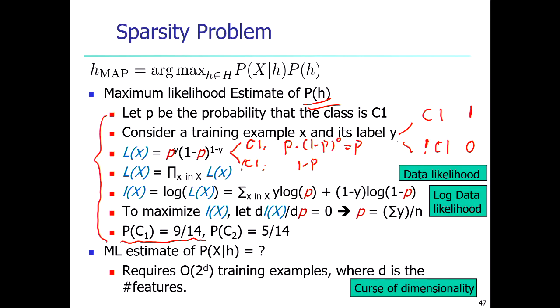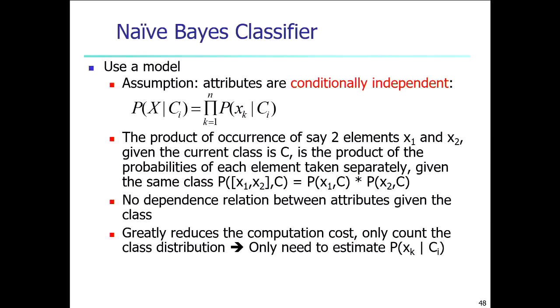That's why we made a very strong and important assumption to make the whole problem much easier. So we assume that the attributes are conditionally independent. As such, the probability of X given C1 equals the multiplication of probability of Xk given C1,